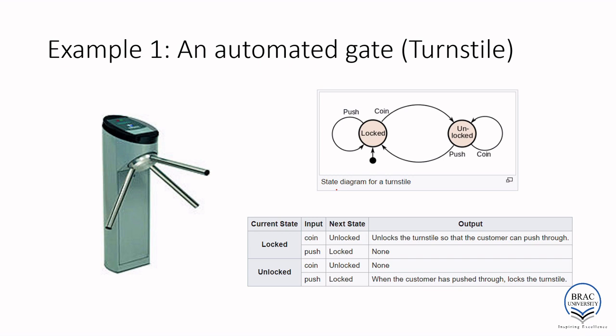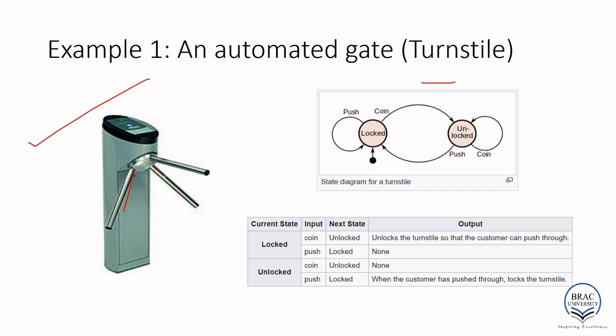So for our first example, let's look at an automated gate, also called a turnstile. We all know this, we've seen these types of gates at any entrance. So the operation of this device is that